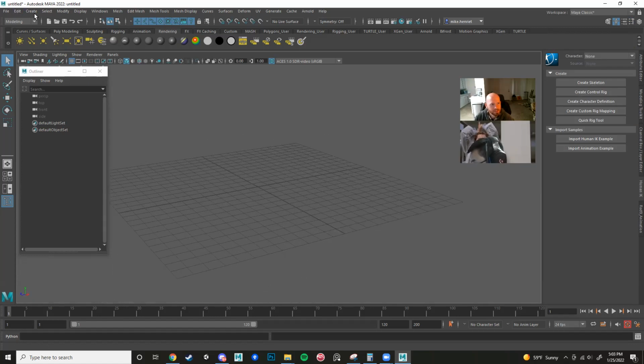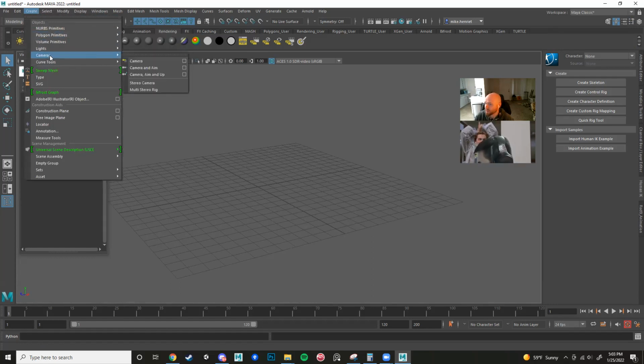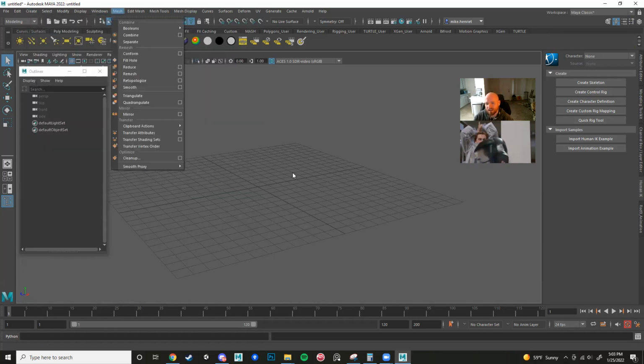For instance, you got the create menu up here. We're going to only be looking at Polygon primitives, but keep in mind for later when we're setting up shots for like a lip sync, you got cameras in here as well as lights. So a lot of tools at our disposal there. We're not going to be going so much into